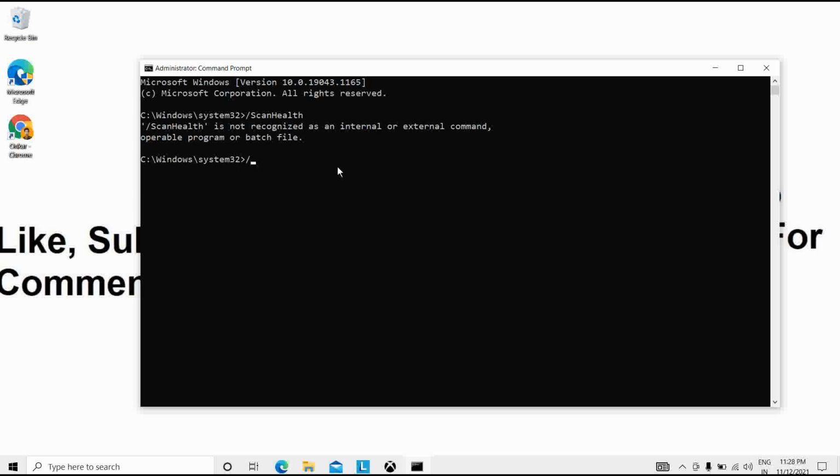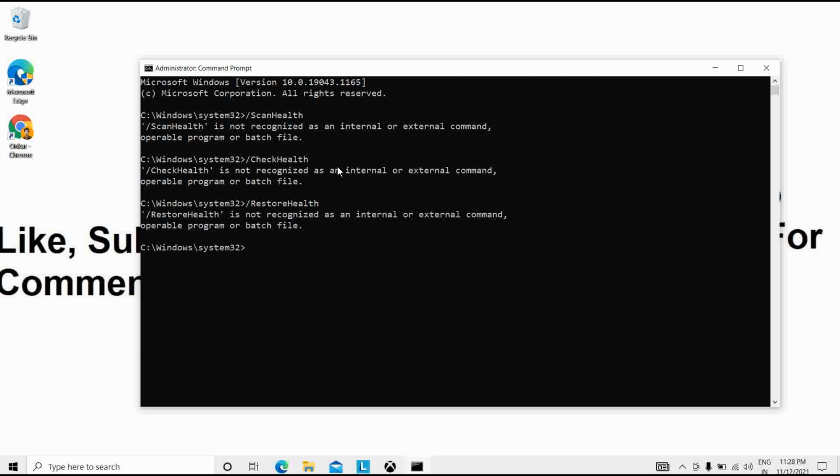That is, second is check health, and third is restore health. So it's showing here the command is not recognized as an internal or external command. But you don't have to worry, I will show you how to work on this.